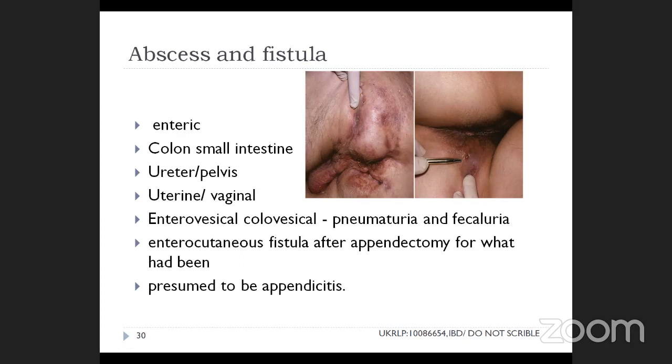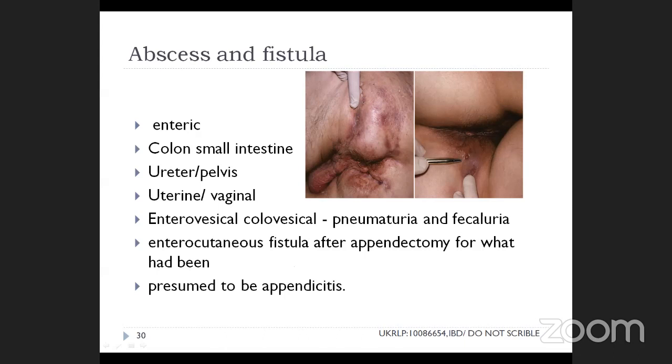There is a chance of fistula in Crohn's disease between the ureter and the small intestine, and that can be a colovaginal fistula or a colovesical fistula. In colovesical fistula, we can see patients with pneumaturia or fecaluria, that means passing gas in the urine and passing feces in the urine. And then enterocutaneous fistula, for example, when a patient undergoes appendicectomy and there is an enterocutaneous